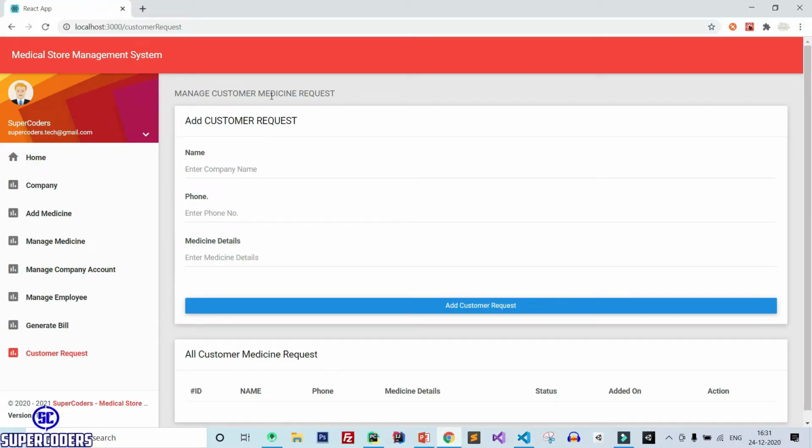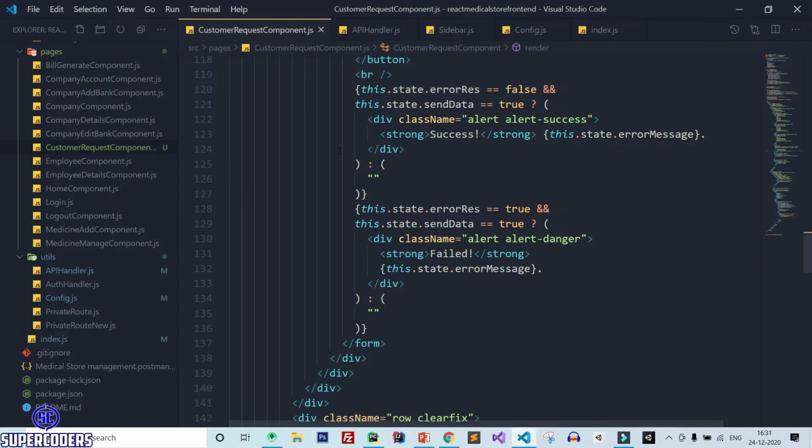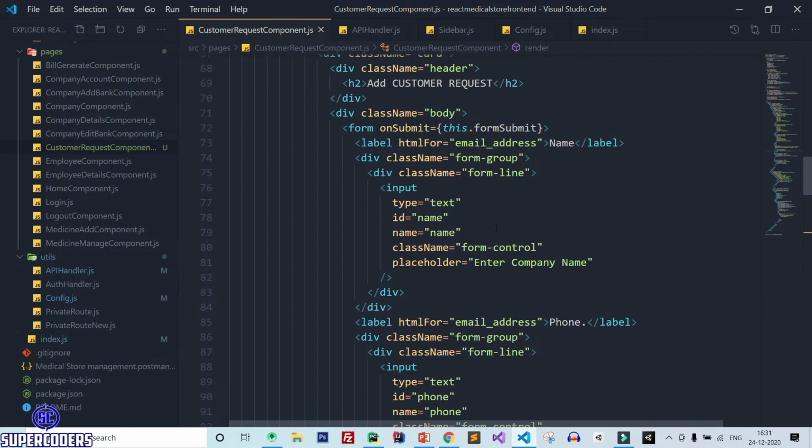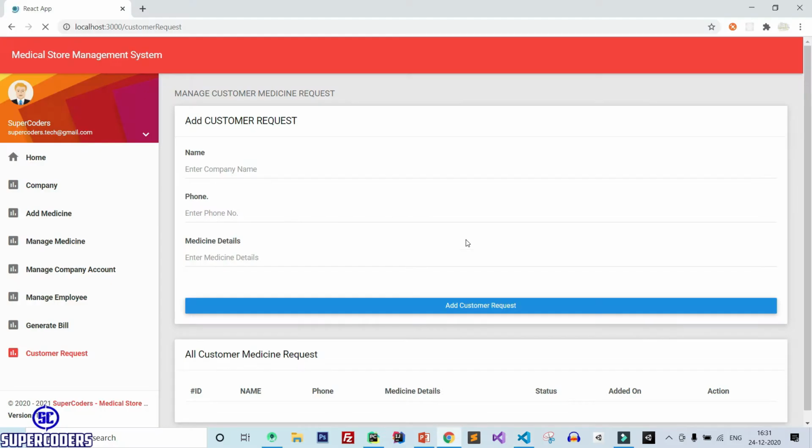Manage customer medicine request, add customer request. Also here change it to customer name, so enter customer. Now everything has been done. You can see manage customer medicine request, add customer request, and form for customer request of medicine, and here is